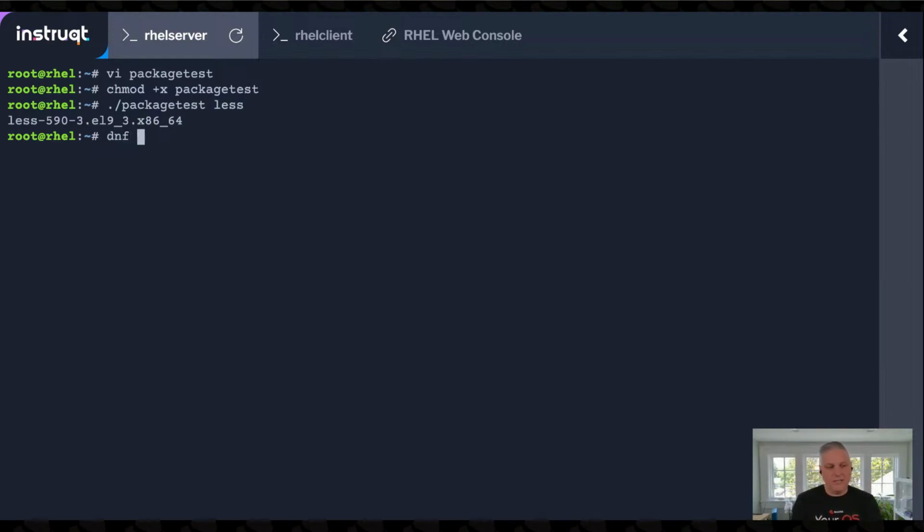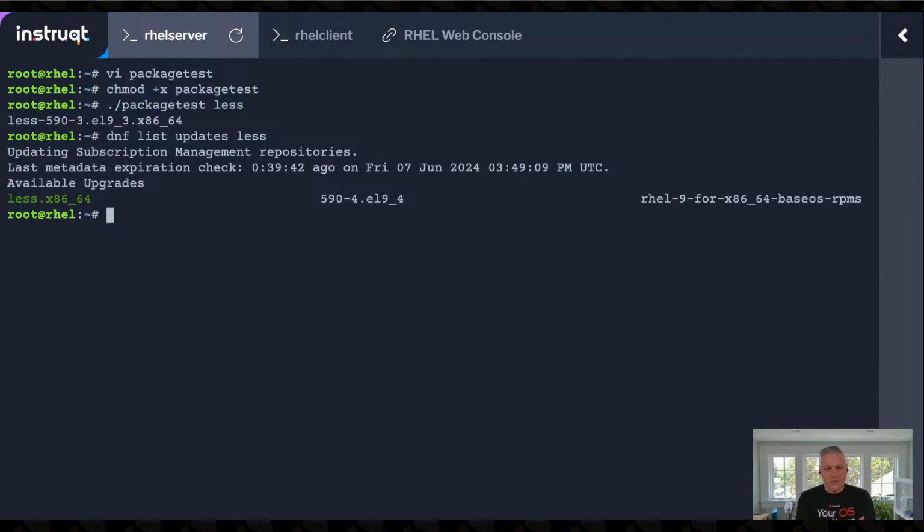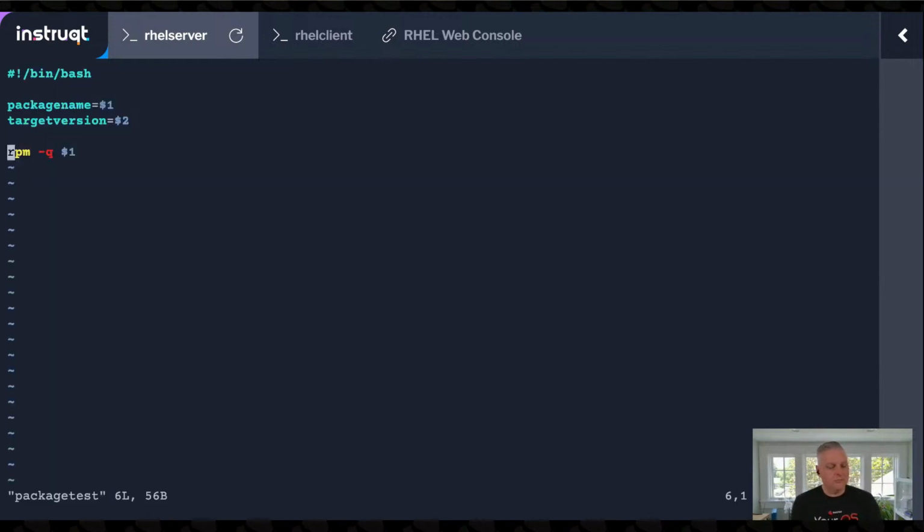But if I do a dnf list updates less, 590-4 is available for these machines. So what I want to do is survey my machine population to see who has the old version and who has the new version. So we're going to query this for our package, and that'll tell us what version it is. And then we're going to make a choice. So